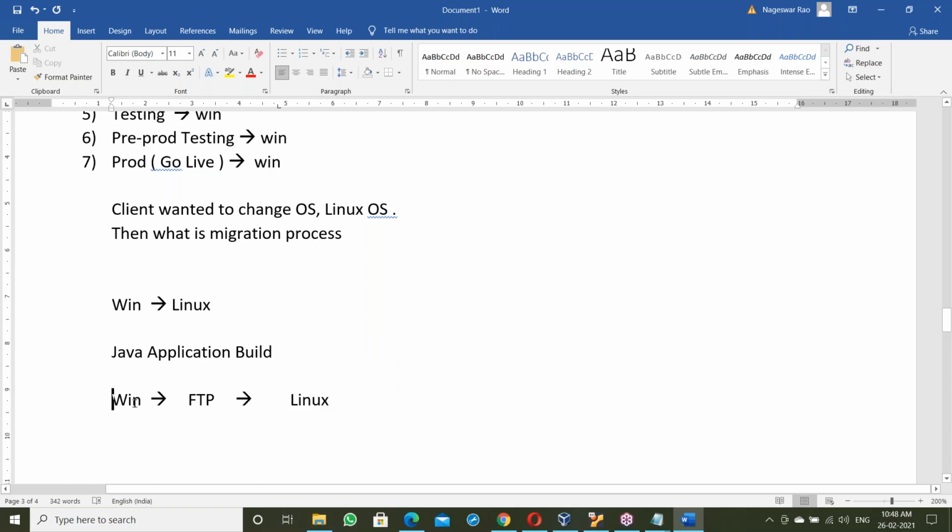Next, moving the Java application build from Windows to Linux server using FTP is a matter of 10 minutes. Within 10 minutes it can be copied to Linux base, and then it goes live. So hardly 2 hours is enough for the Java application migration process.